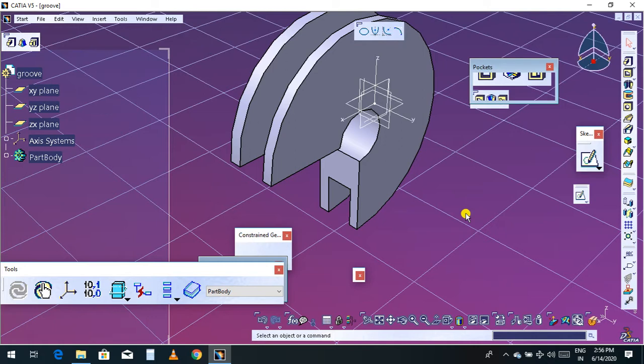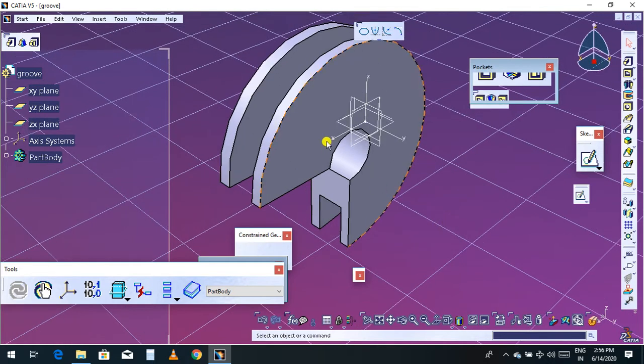In this 34th tutorial I am going to discuss the hole tool in CATIA. As I discussed in the beginner video, this is the revolve cut and it is called groove. Now I am with another example of another tool that is called hole. So I'm going to use this hole. I will make a hole on this surface.